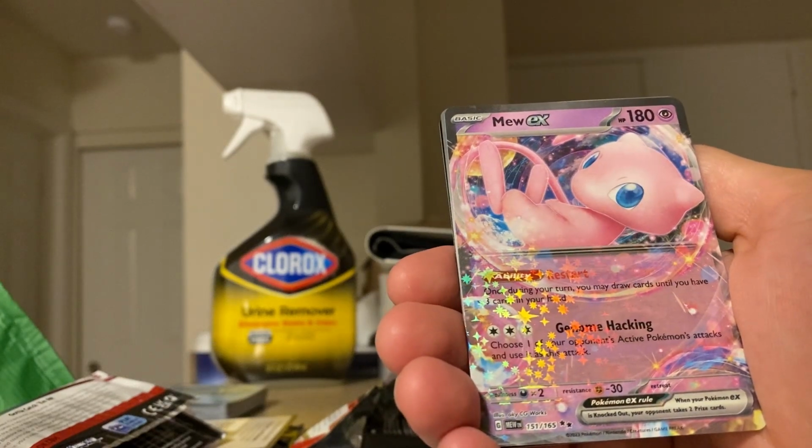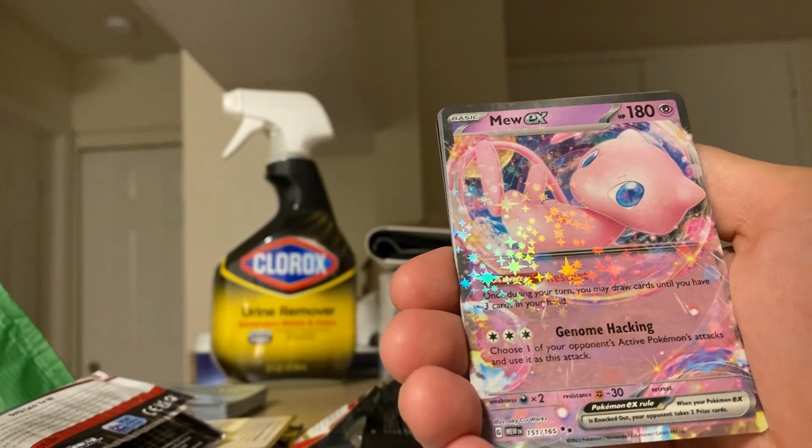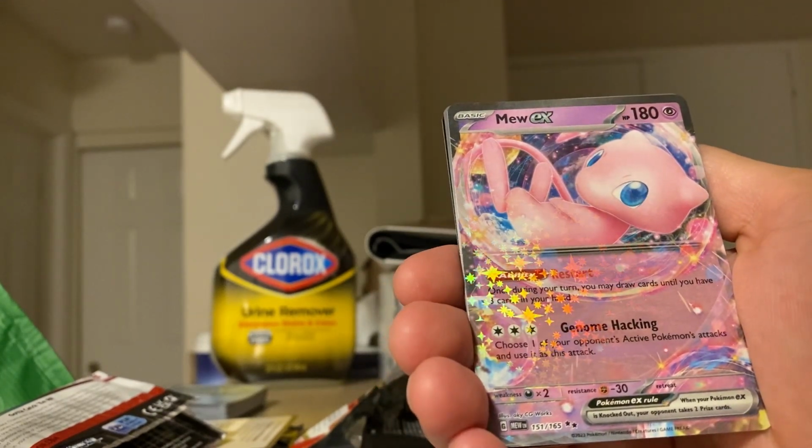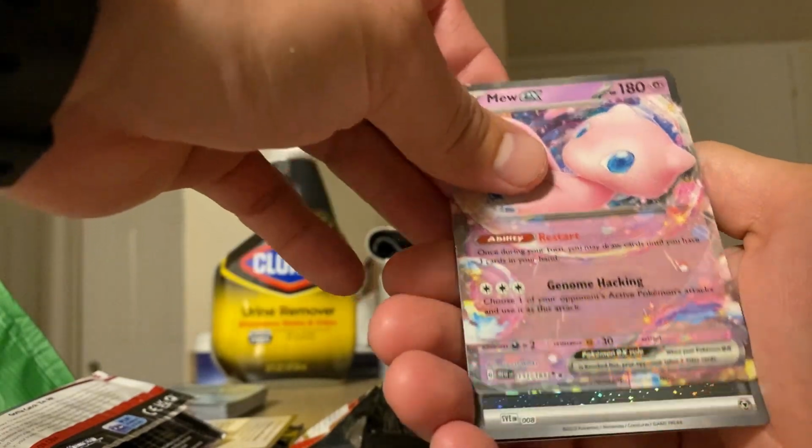So imagine you got Giratina up there and you're like, oh, let me use that attack right quick. But this is a liability, only has 180 HP, and it is a 2 prize card. But, you know, I've seen it used as tech in some of the Japanese tournaments, so that's kind of...